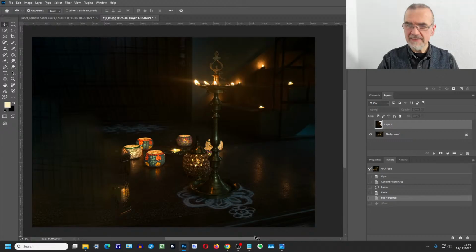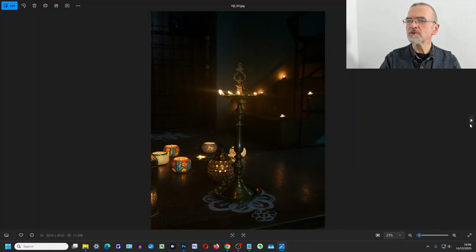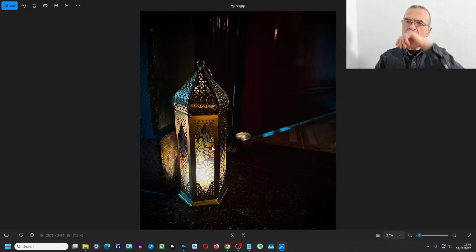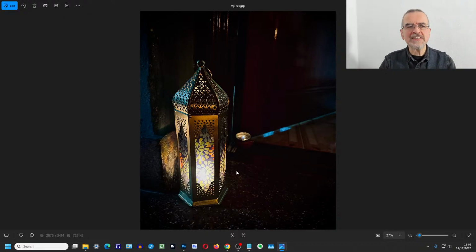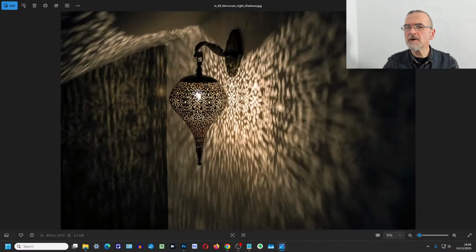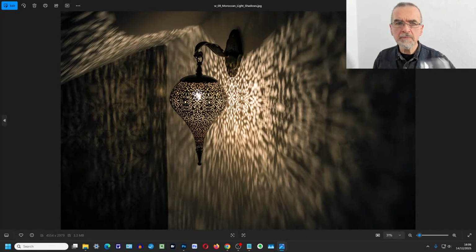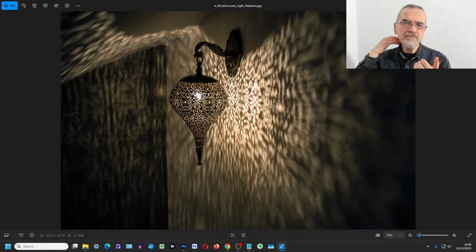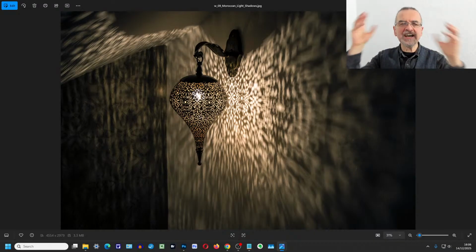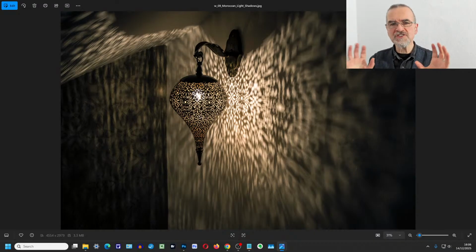Finally, the other thing I would say then is, if we go back to your lamp, sometimes it's about the lamp with the context. Lamps are an odd one. Sometimes the interesting thing with lamps is how the shadows are thrown. I'm just going to show you a little example here. There's a Moroccan lamp where, because the thing with those Moroccan lamps, it's the intricate patterning they have, and the light sits inside. And it's not just about the light, it is about the shadows, the way the light casts onto a surface.